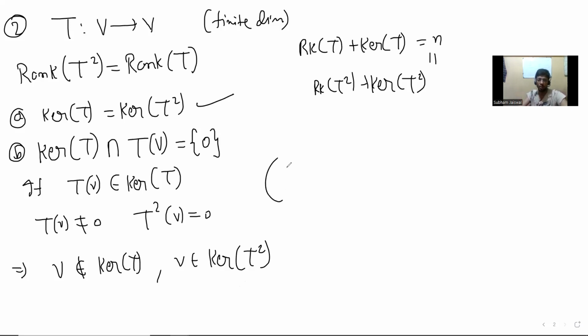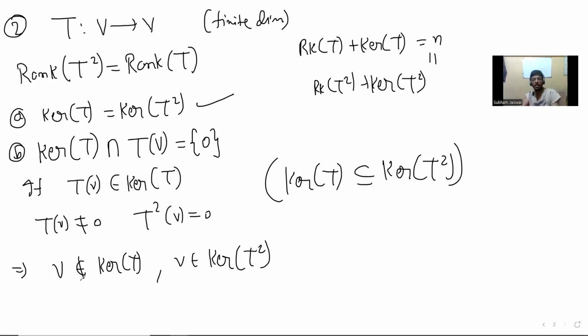You always know that the kernel of T is a subset of, and may be equal to, the kernel of T squared. This is always true, right? You can check that. But here we are getting that the kernel has grown, and that's a contradiction to part A. So we are done, right? Rather simple, this question. So that's what question 2 is. And now let's move to question 3. Quick, we are trying to go quickly.